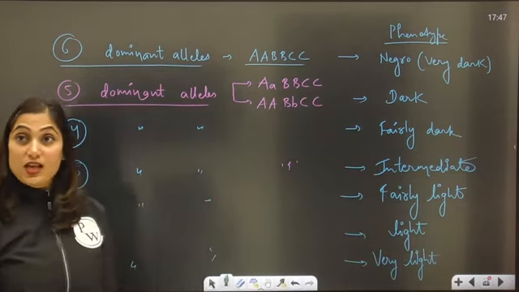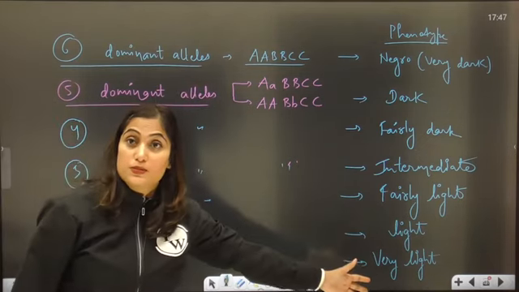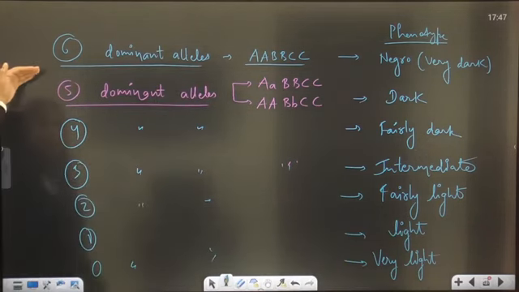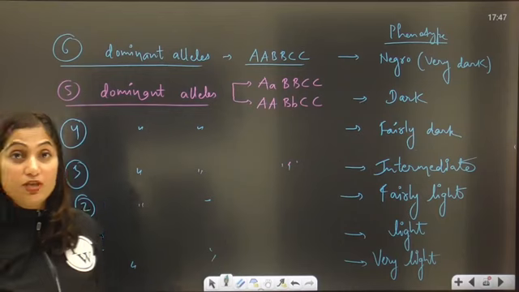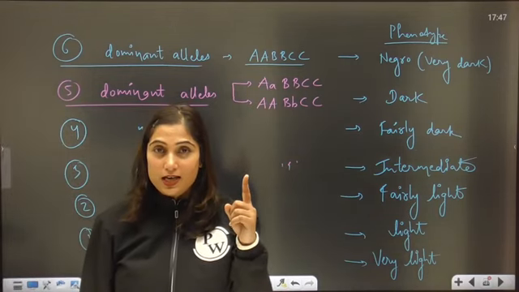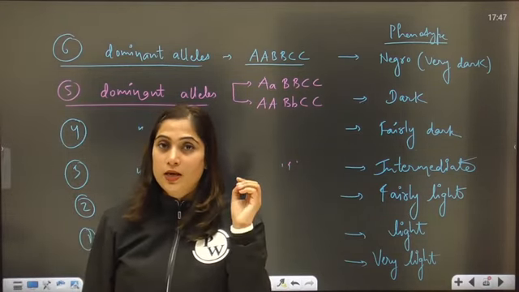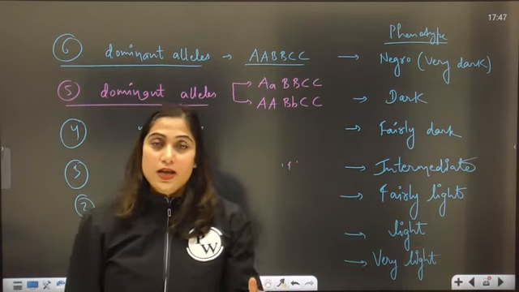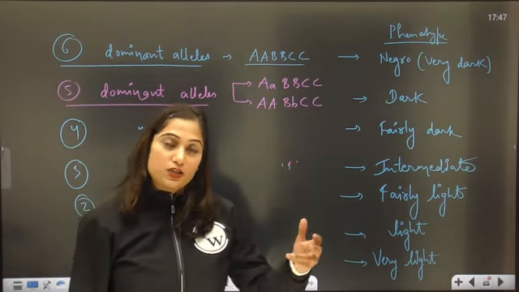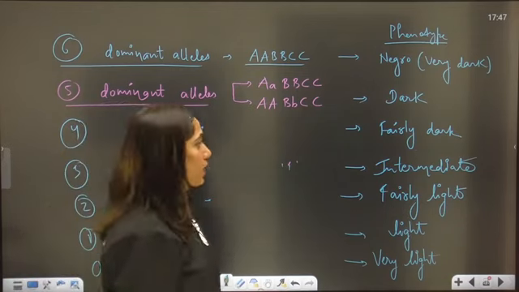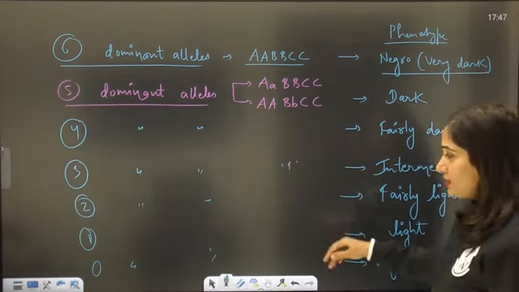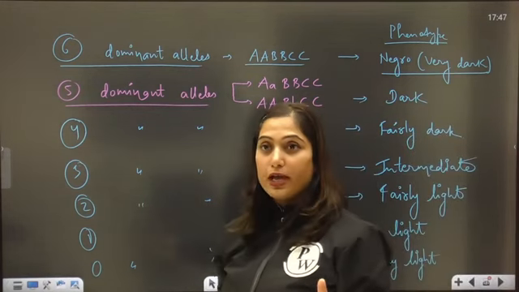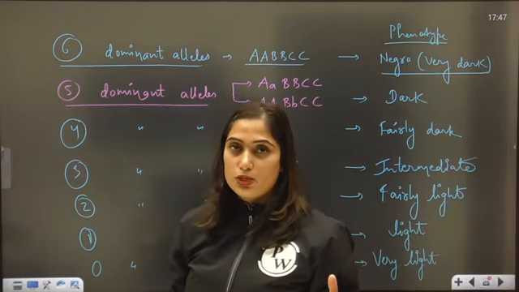Okay, so see how many phenotypes are possible. As you are decreasing the number of dominant alleles, the expression is getting reduced. That means each dominant allele is participating in the expression. And as you are reducing the dominant alleles, the expression will reduce. Okay? These individuals, as it is a type of trihybrid cross, the total combinations possible here would